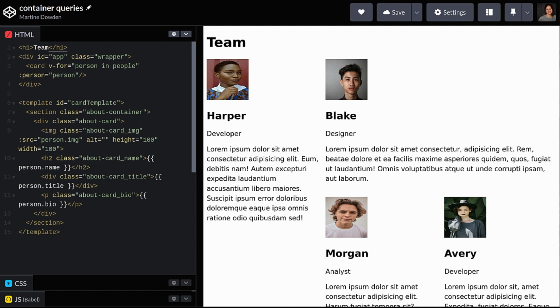Because we can use it anywhere, we want to make sure that regardless of narrow screens or large screens, it's going to look good. We also want to make sure that no matter where it's placed within those screens, so no matter which container it's placed in, it also looks good. Just like when working with media queries, I'm going to start with my narrow layout and work my way up with container queries to create my larger layouts.